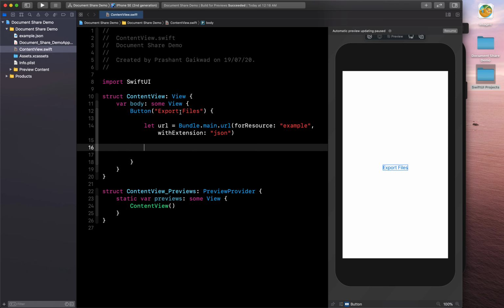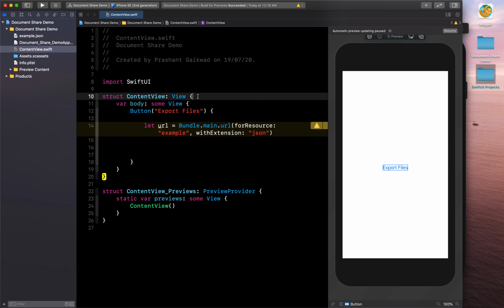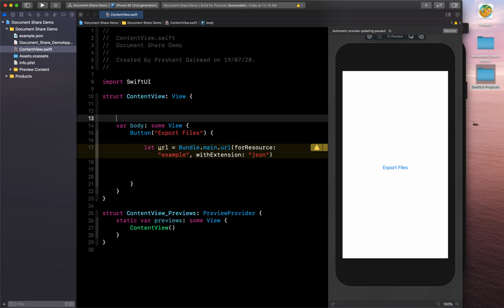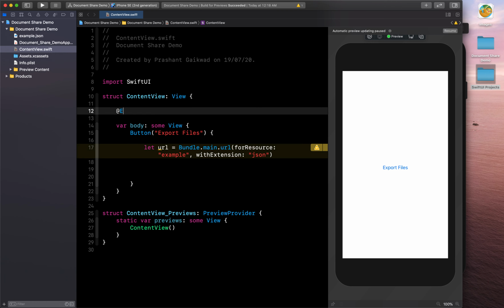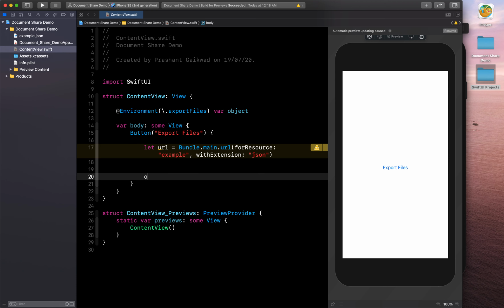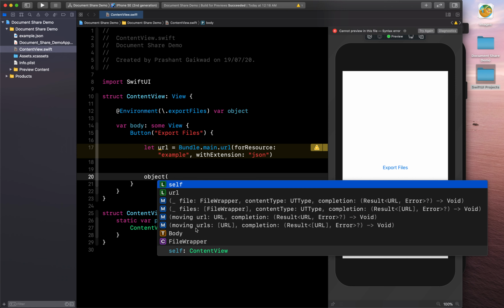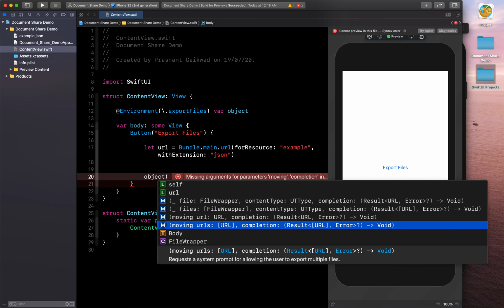To pass it, as I said in the beginning, we are going to use the environment key, so @Environment, and inside this we have this exportFiles key which we are going to use. I will create the object of that here, and using that object you can call moving, and here you can pass an array of multiple URLs of your multiple documents.